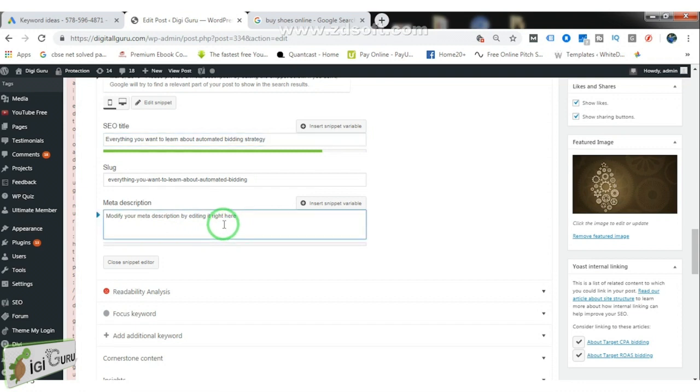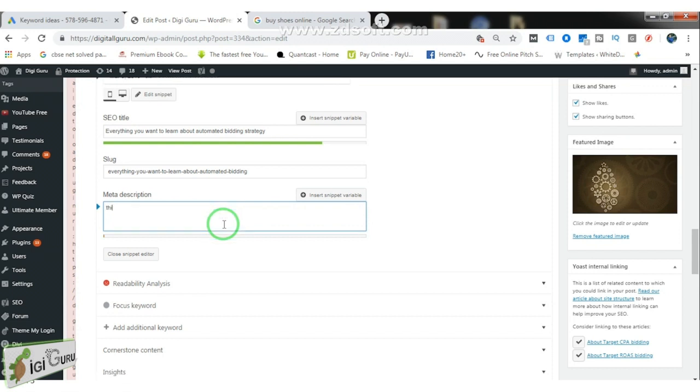While writing here in the meta description also, you need to keep an eye on the length of the words that you are writing. Suppose I am writing this, and you can see the orange line is increasing. So you need to keep on writing till the meta description section goes green. See, the moment I am writing, slowly this line is increasing and still it is orange. The orange color indicates that I need to keep on writing more and more text in this meta description.